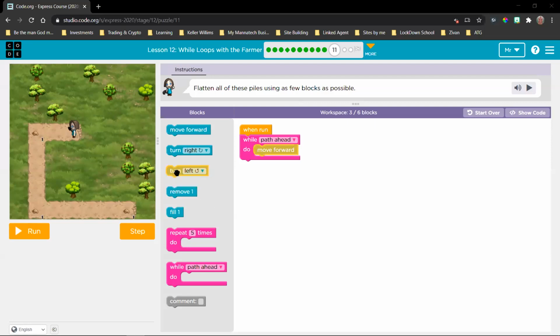Turn left, yes. Now, you need to specify, do I put the turn left after the loop or inside the loop? After move forward or after the loop? That is correct.